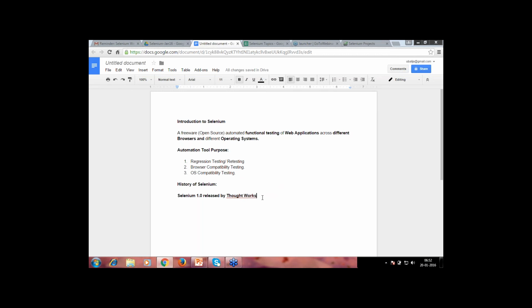ThoughtWorks is a company who primarily developed the first version of it, and that too in the year 2004. So if somebody is thinking that Selenium is brand new, and you're hearing it for only 1 or 2 years, no, it has actually existed for the last 10 or 11 years. So 2004 is when the first version got released, and it was developed by a person called Jason Huggins. So he is the one who developed